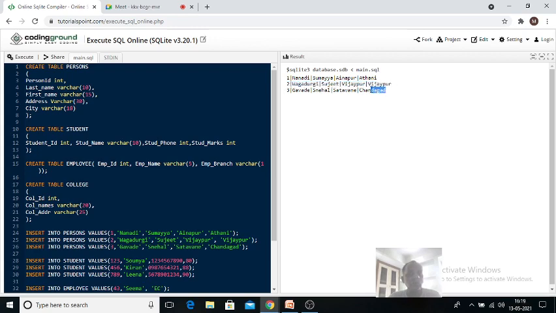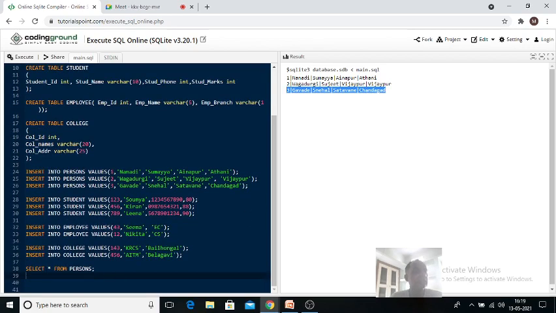This is related to what? Third person, Snehal. Got it? So when you execute this, what is that? Select star from persons. Select is a keyword, from is also a keyword, and star is for I want all the columns. How many columns are there? 1, 2, 3, 4, 5. All the 5 columns are displayed. As it is there in the table, in that format only it will be displayed. Okay, which table? From the persons table.